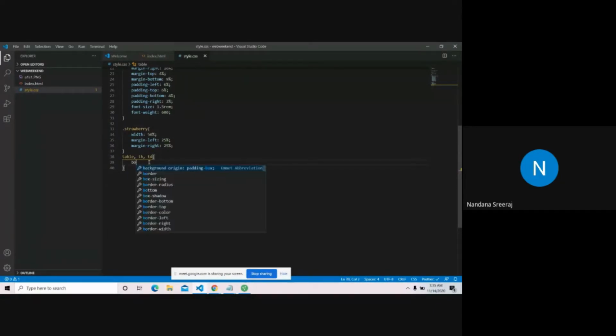We have something called a border attribute. What is the thickness of the border I need? Thickness can be defined in rem or pixel. I'll show you pixel right now. This is 1px, and I want the border to be solid. What is the color? I'll give black. Now let's see what happened to our table.